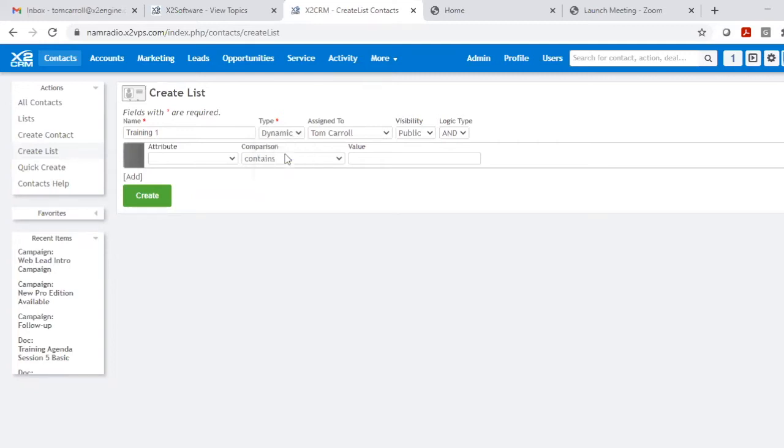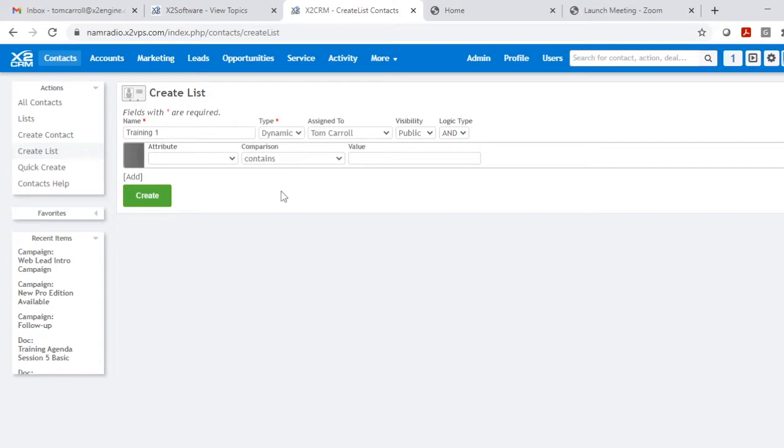So those are the two differences. And you can have who the list is assigned to. If it's public, then other people can use the same list. If it's private, then only the person assigned to is going to be able to use it. And the logic type, you choose either and or or logic when having multiple different attributes that you're going to